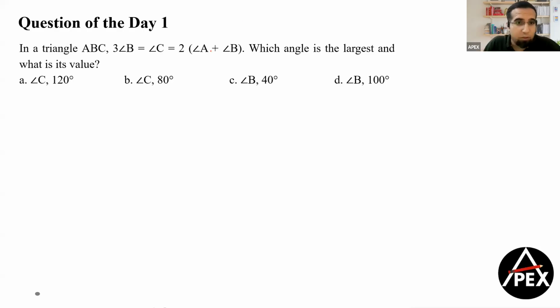Guys, so welcome to the quant question of the day. This is a very interesting question. It says in a triangle ABC, 3 times angle B is equal to angle C, which is equal to 2 times angle A plus angle B. Now the question is asking which angle is the largest and what is its